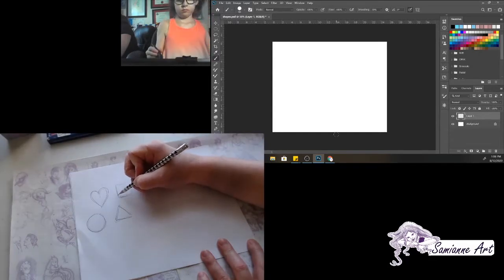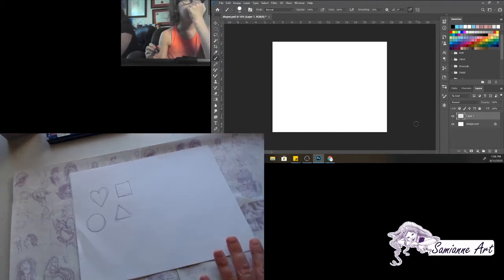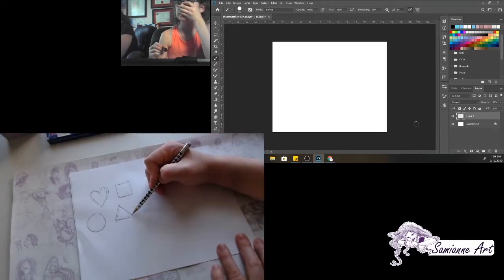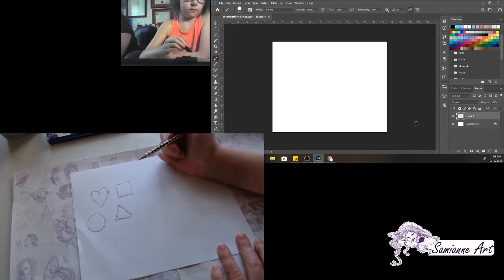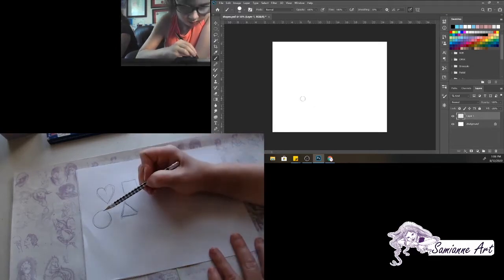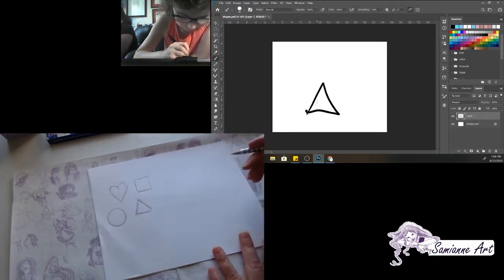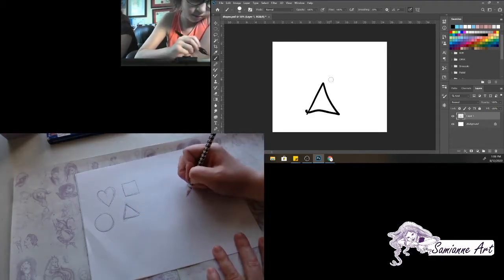Shapes are really fascinating because different shapes have different meanings depending on where we are in the world and what our culture is. But one thing that seems to be very common among all people on Earth is that things that have sharp or flat edges can have more danger to them than something that is curved and round like a circle. So if you start with a shape like this, for example,